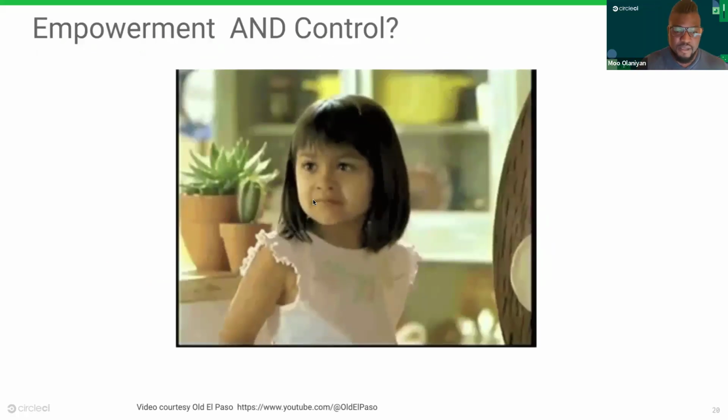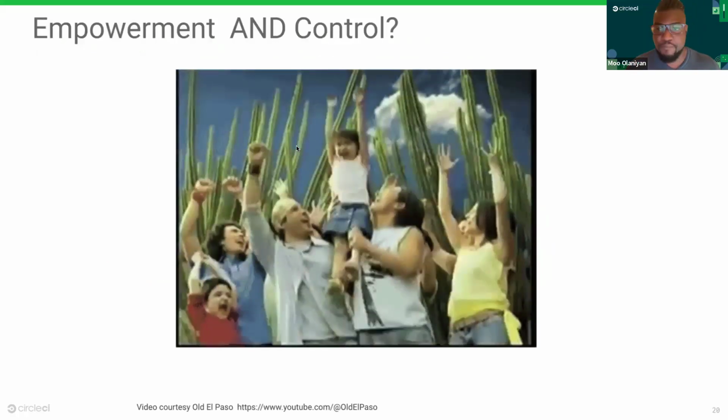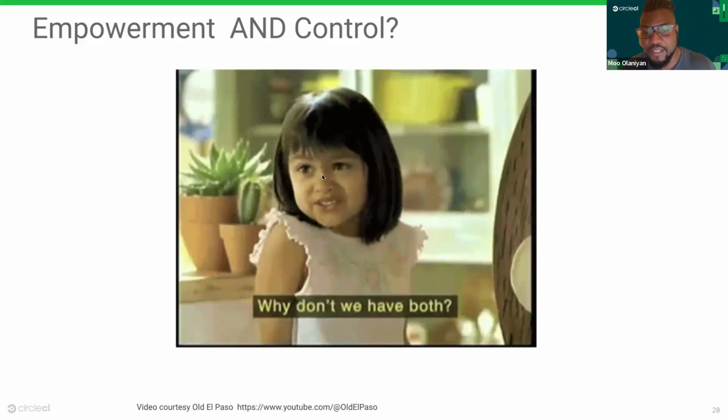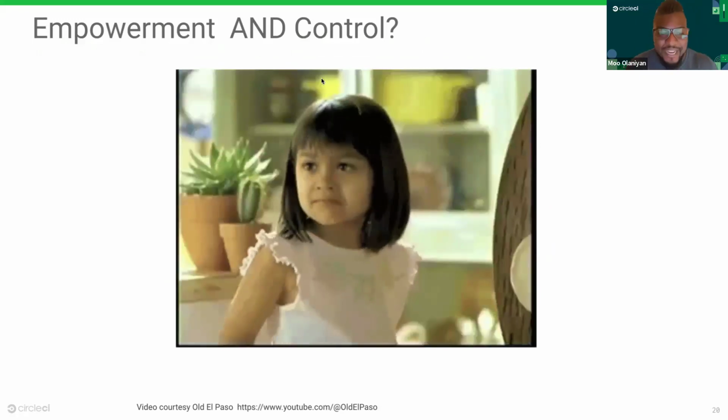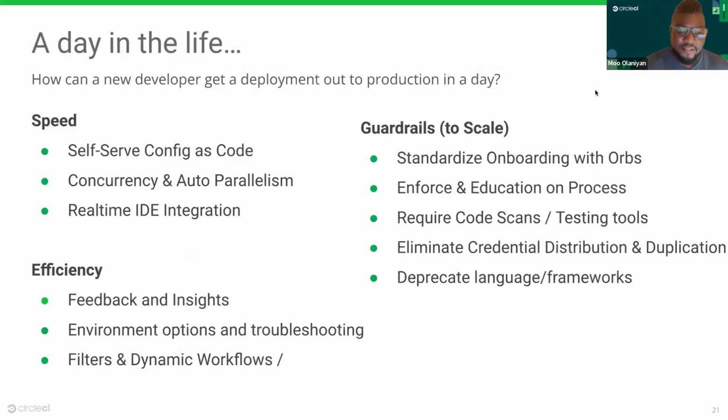But when you balance empowerment and control, why not both, right? Why not do both? Empowerment and control. And that's exactly what CircleCI is going to accomplish for you. We basically let you do this through balancing that speed and efficiency that developers want. Essentially, how can they get through this as quickly as possible alongside, right, the important part, the governance that you need to scale, right? Any engineering leader today needs to be equally concerned with both sides of the equation.